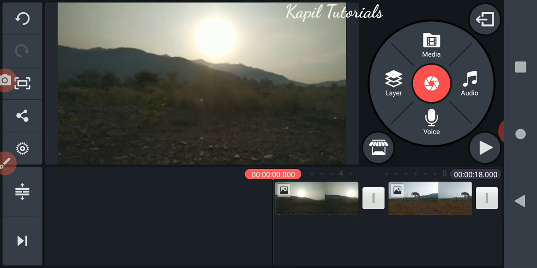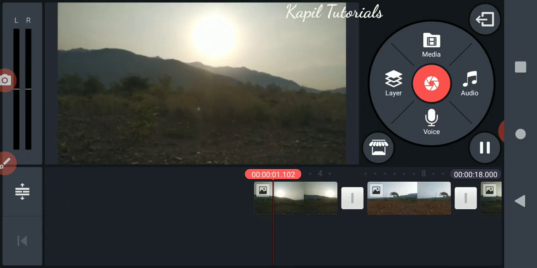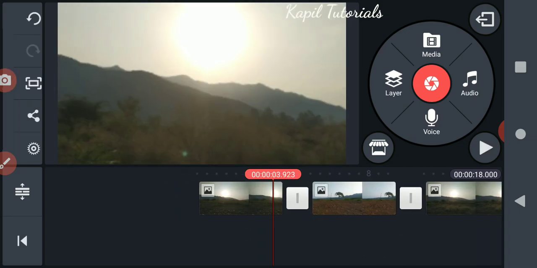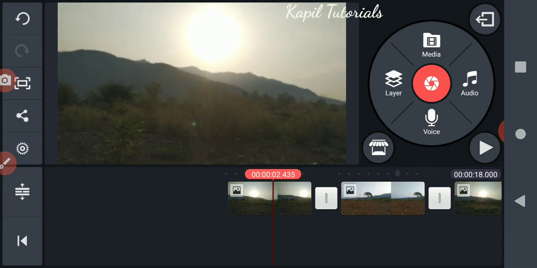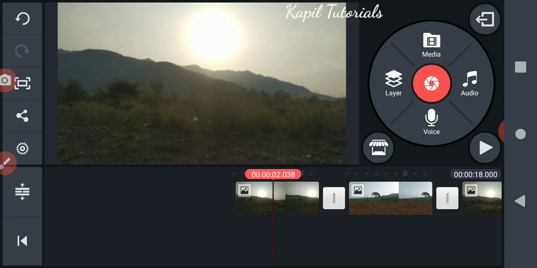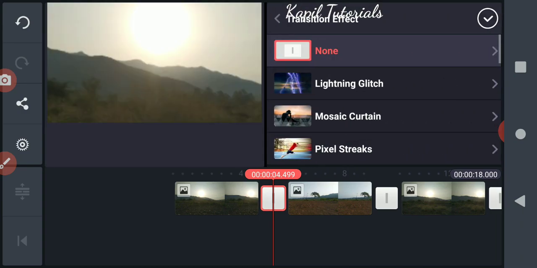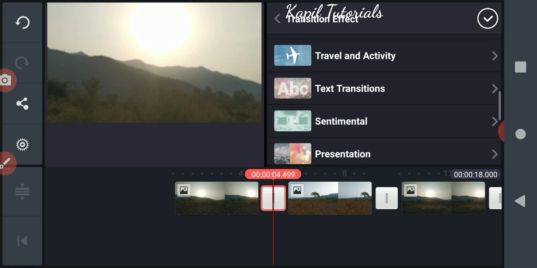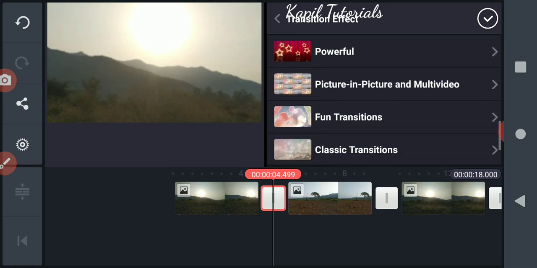Now the only problem I'm finding here is, if I click on play, in between you could see some small squares. Actually this is the place for transitions. You know the transitions very well, because in Viva Video Editor and Windows Movie Maker I taught you the transitions. So I want the transitions, how to do it, that also I'll try to cover. I'll click in between, and you could see here transition effect. So plenty of transition effects are there. I'll just try to insert some transitions.